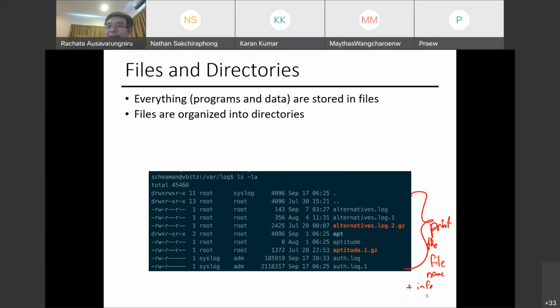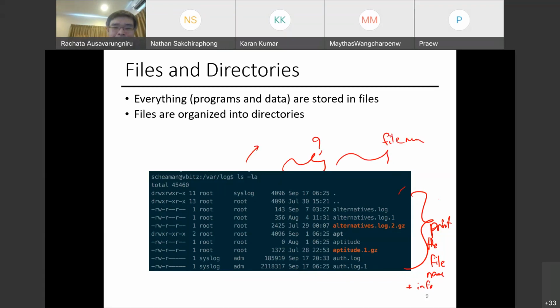We will break down this information one by one, but you can probably guess what this part is: September 17th, 6:25? Yes, it's the modified time. This is the file name.